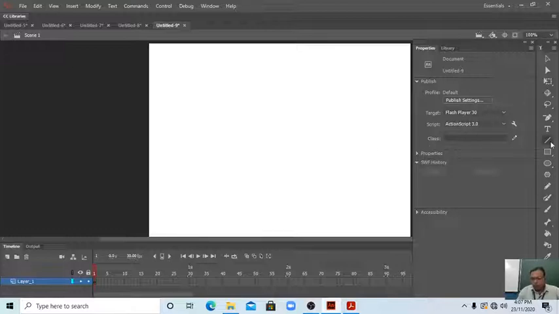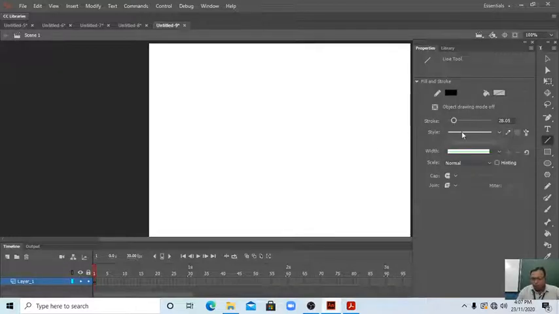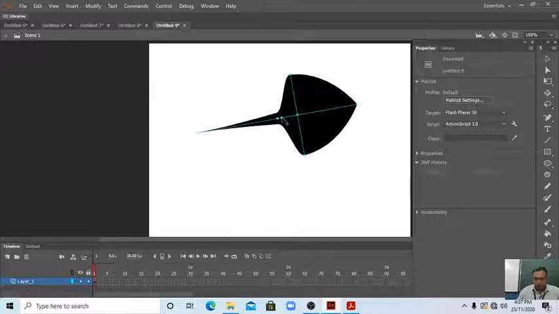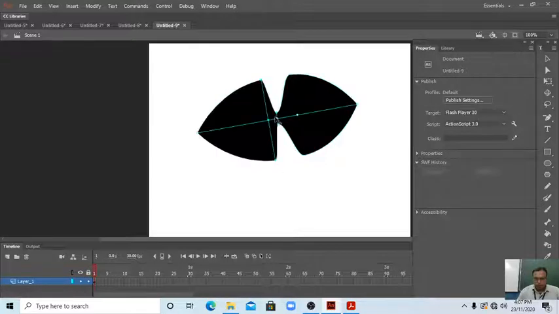Now we have removed the line tool stroke. We can change the style of this one by drawing this way. Now use the width tool. See, it changes.